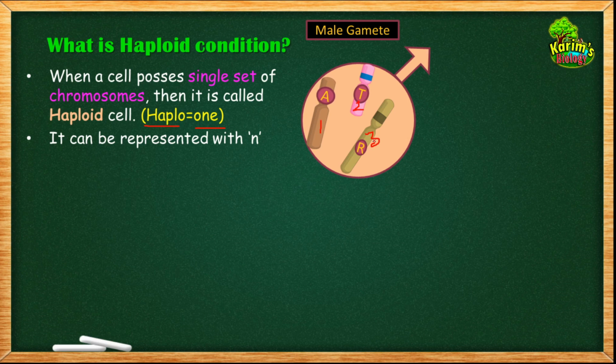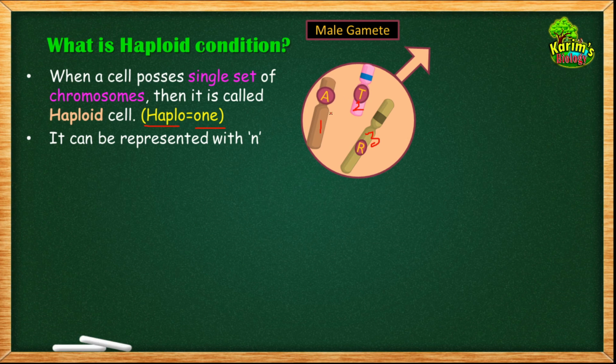And can you tell me whether these chromosomes are the same or different from each other? Just remember the previous example that I took about the textbooks, right? For example, this chromosome consists of a gene capital A, and this chromosome consists of another gene, capital T. This chromosome consists of another gene called capital R. Don't think that chromosomes contain only one gene. They generally contain so many genes. For the sake of understanding, I'm just considering only one gene.